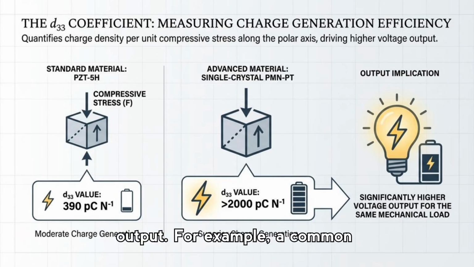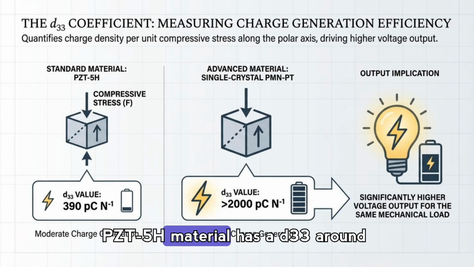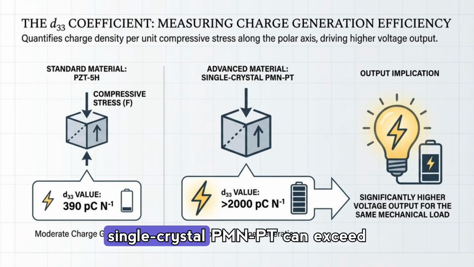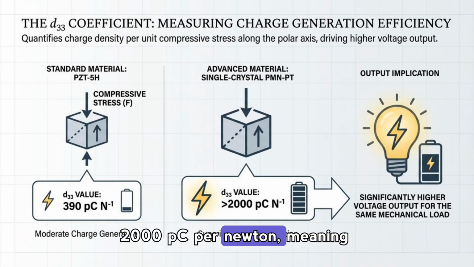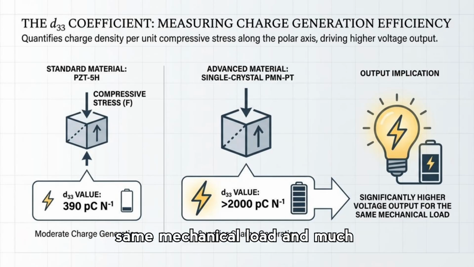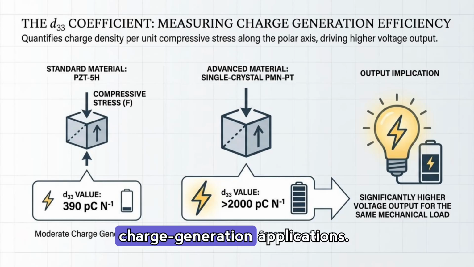The D33 coefficient measures charge density produced per unit compressive stress along the polar axis, so it directly drives voltage output. For example, a common PZT-5H material has a D33 around 390 pC per newton, while advanced single-crystal PMN-PT can exceed 2000 pC per newton, meaning significantly higher voltage for the same mechanical load